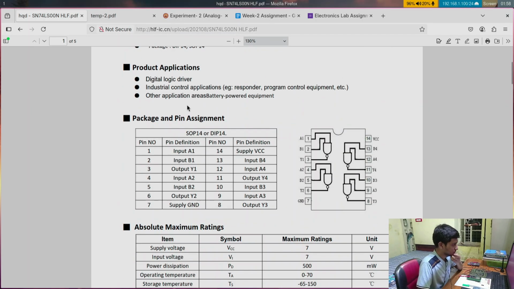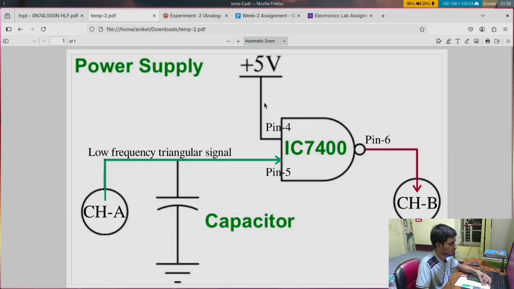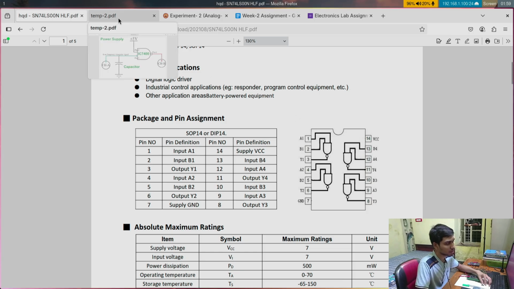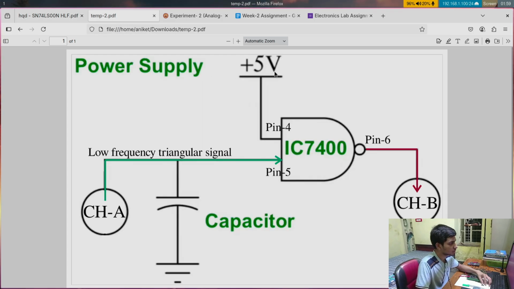Now we have to wire the circuit. So we are going to look at the pinouts, and for the pinouts, first we are going to focus on the VCCs. So one of the VCC should be connected to pin number 14, and the other one, which is shown in the schematic, the input pin, the pin number 4, I want it to be always connected to logic high,